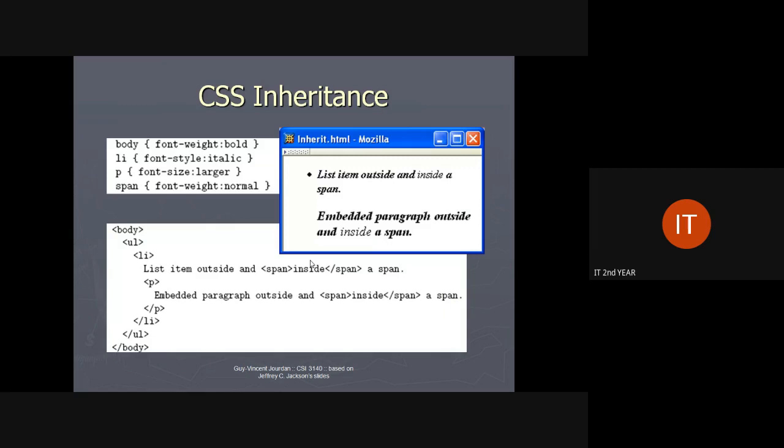Then CSS inheritance. Inheritance means a parent-child format. If you are giving an unordered list, and within the unordered list you are giving a list item, and within the list item we are giving the paragraph, we have to close the paragraph, and after that close the inner li tag, then close the ul, and then close the body tag. Whatever tag we are giving in the inner part should be closed on the next line of the content.